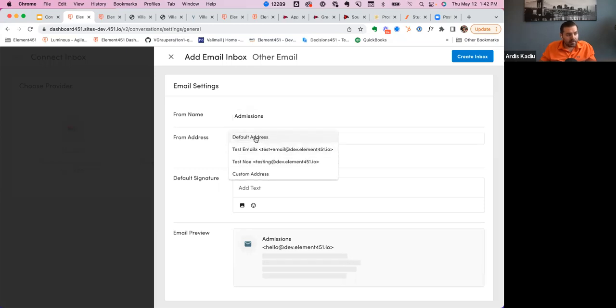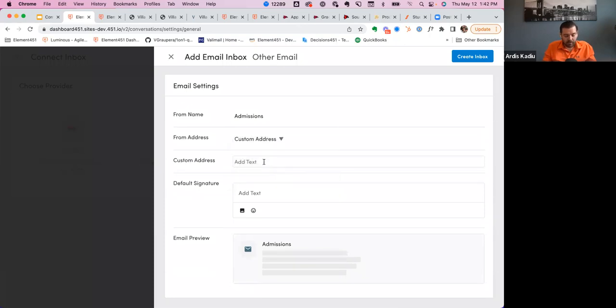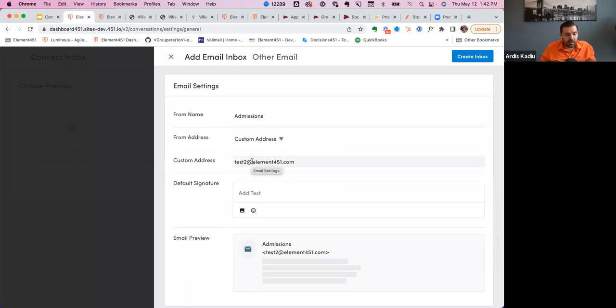And I can pick the default address, or I can pick some of the other addresses that I have in my email settings, or I can add a custom email in here and say test2 at element451.com, right? So that is going to verify that I'm actually able to send from this domain.